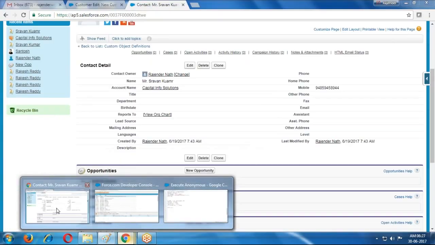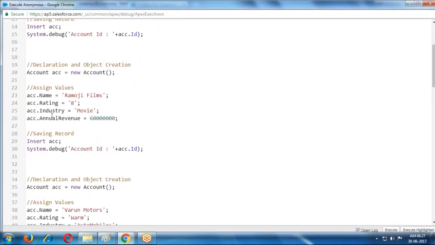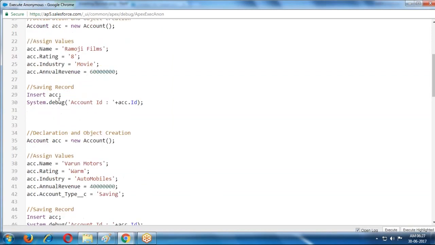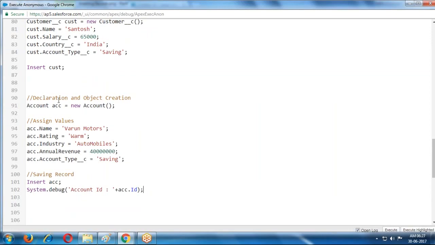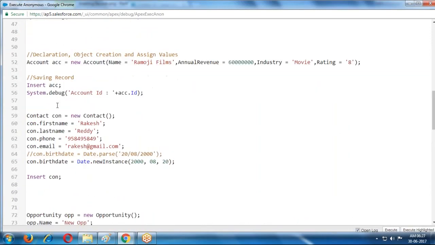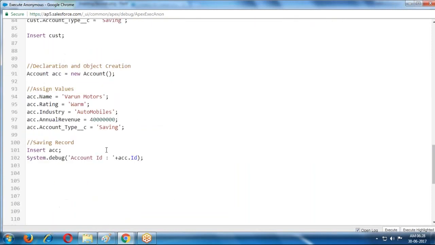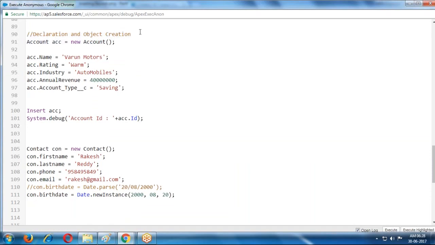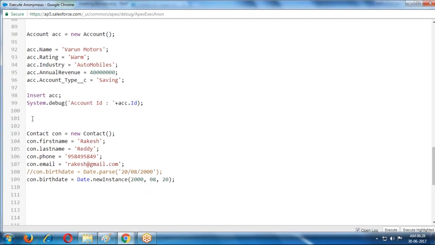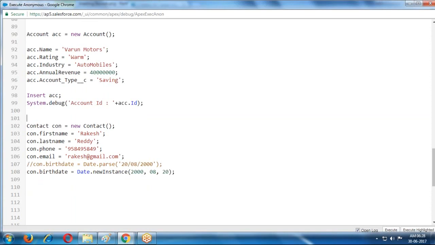Now you can observe. I am creating one account record and one contact record, account and contact, insert to contact.